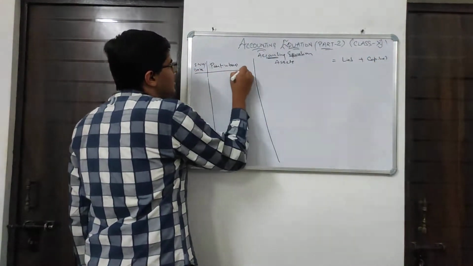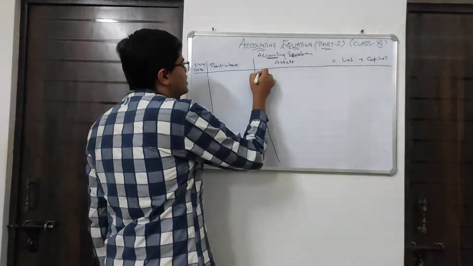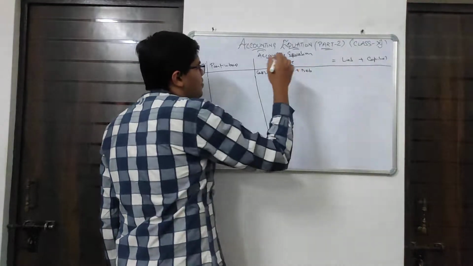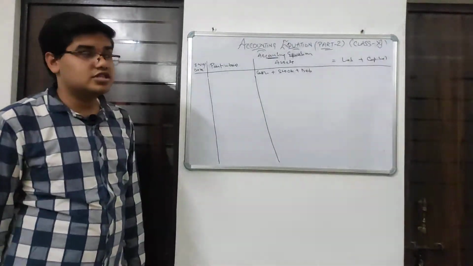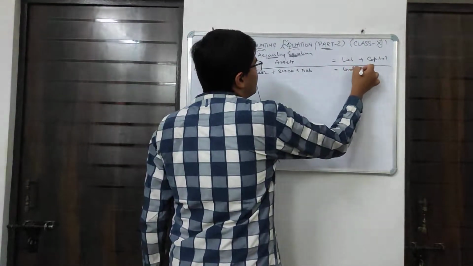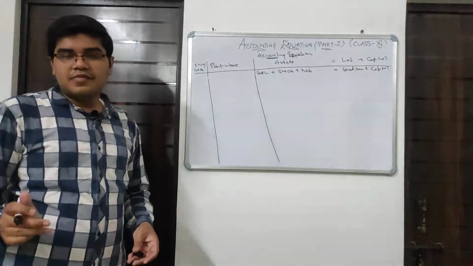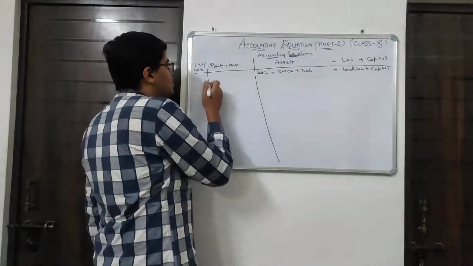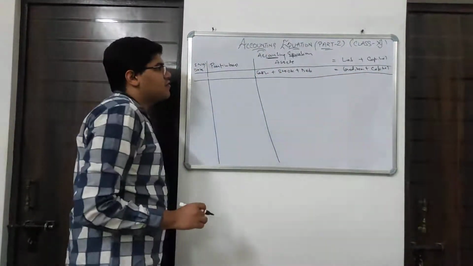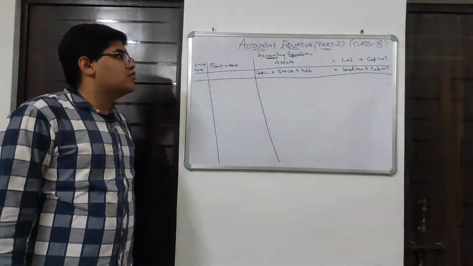Now you have to close here and write the list of the assets. Basically there are three: cash, stock, debtor. It can be more depending upon the transactions given in the question. And you have to write liability, creditor, plus capital. Liability could be anything, it can be more, depending upon what is given in the question. After that you have to draw the line and start your transaction. One thing to remember: whenever you draw a line, it should be drawn with a ruler, not freehand.